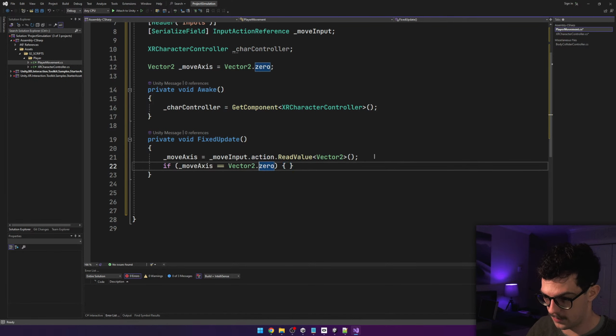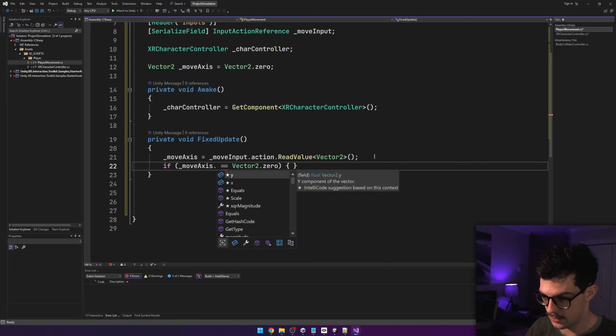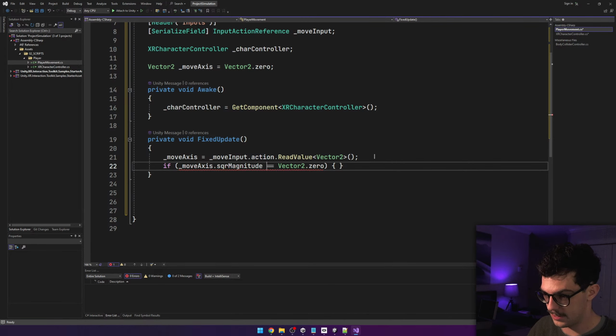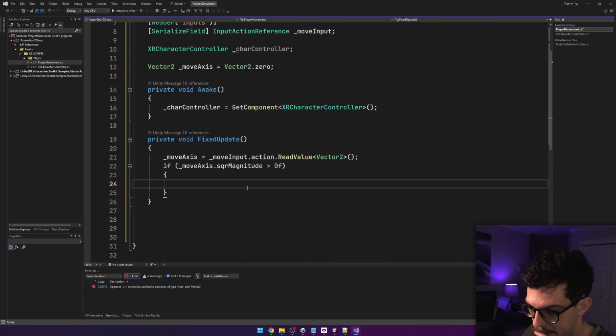If move axis dot square magnitude should be greater than 0, so that means we're moving,